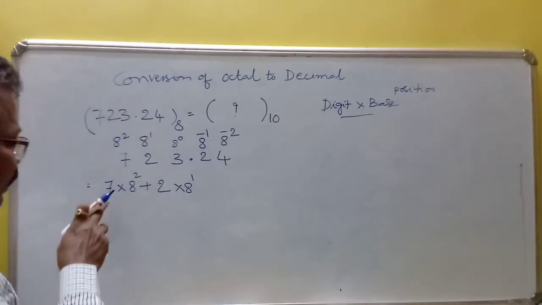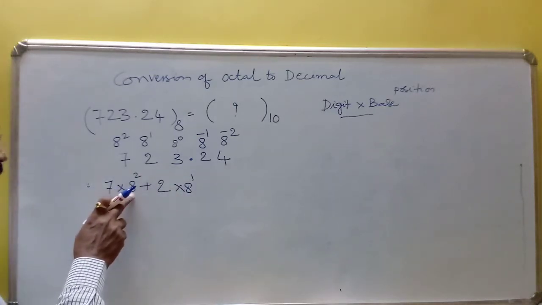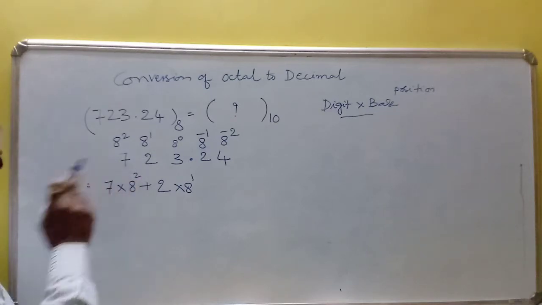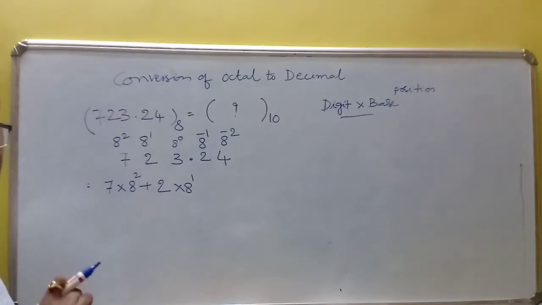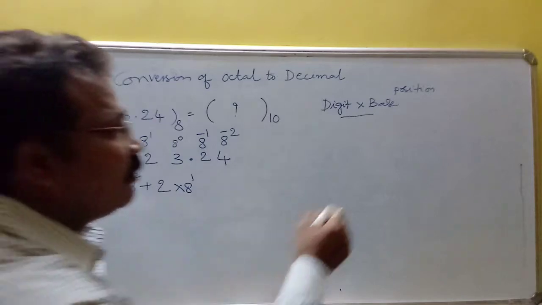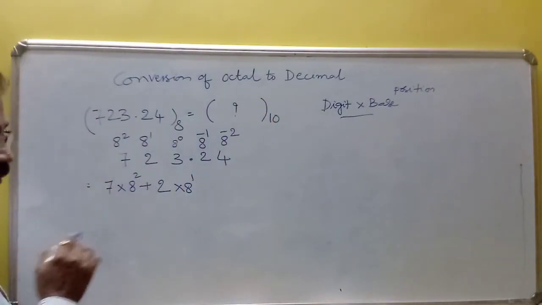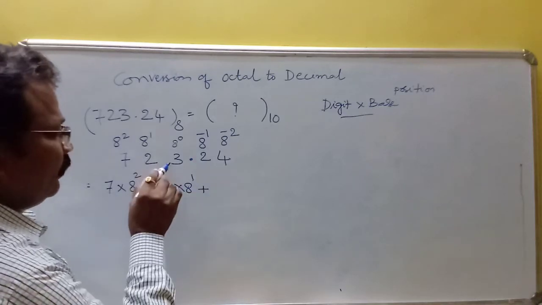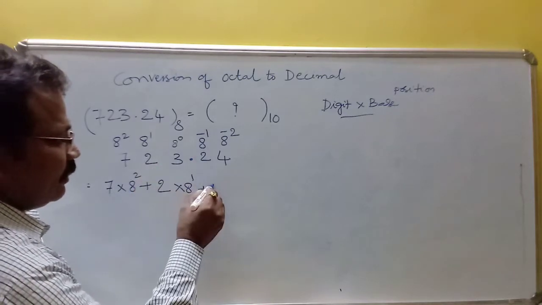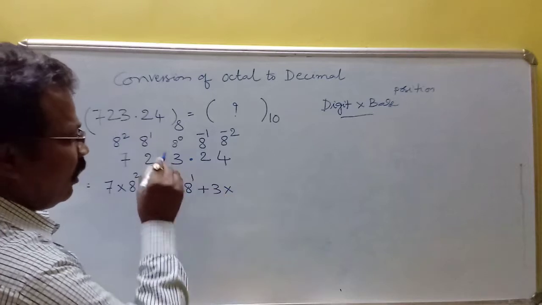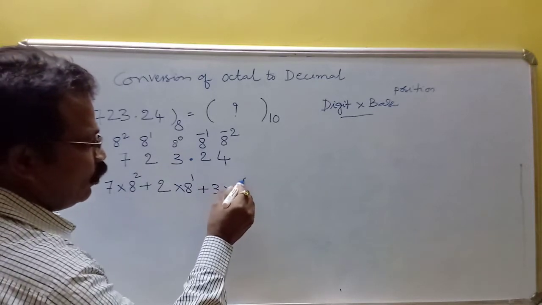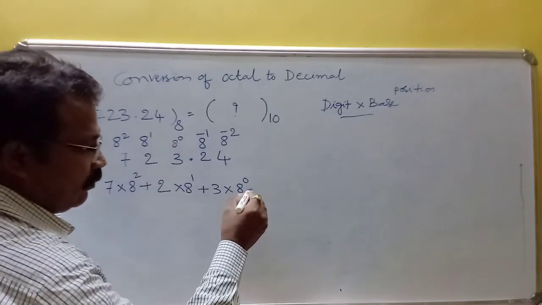You have to multiply digit and positional weight, base to the power of position. That is called the positional weight. So, digit into positional weight, plus, here what is the digit? 3 into what is its positional weight? 8 to the power of 0, plus,